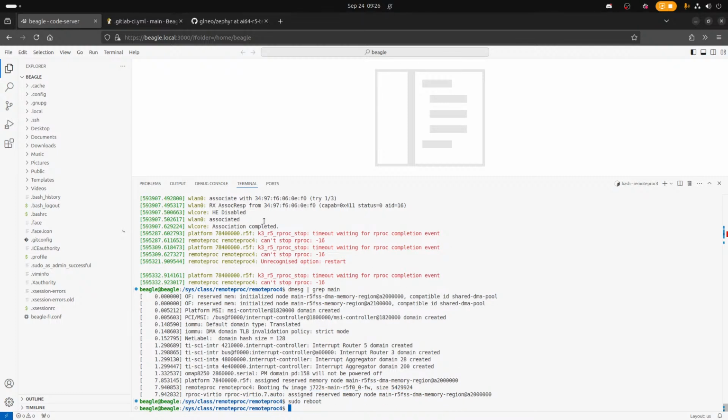All right, I'll reboot. So it loaded something. When we change the firmware file, it really shouldn't do anything until you stop and start it.